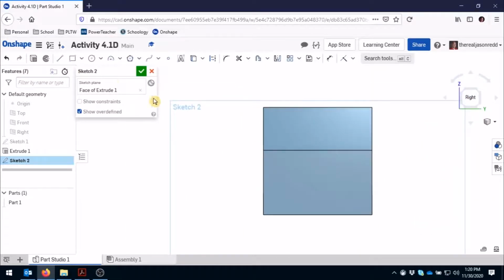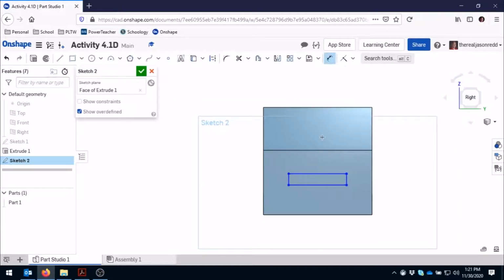I could use a line, but this is going to be almost like a rectangle, so I'm going to use a rectangle, and I'm just going to draw the rectangular shape on the side of this face. I'm going to use dimension to dimension it correctly. It tells me in the instructions that this is 1.5. It tells me from this edge to the side here is going to be 0.5. And then from the bottom,